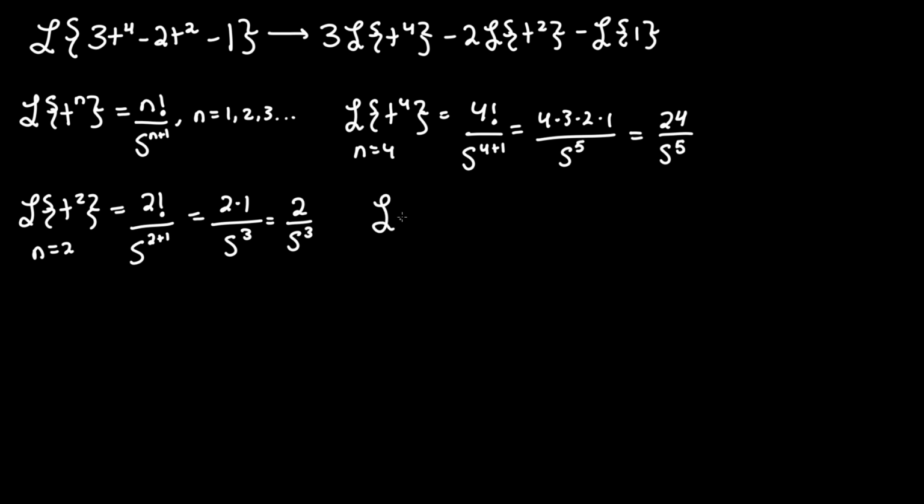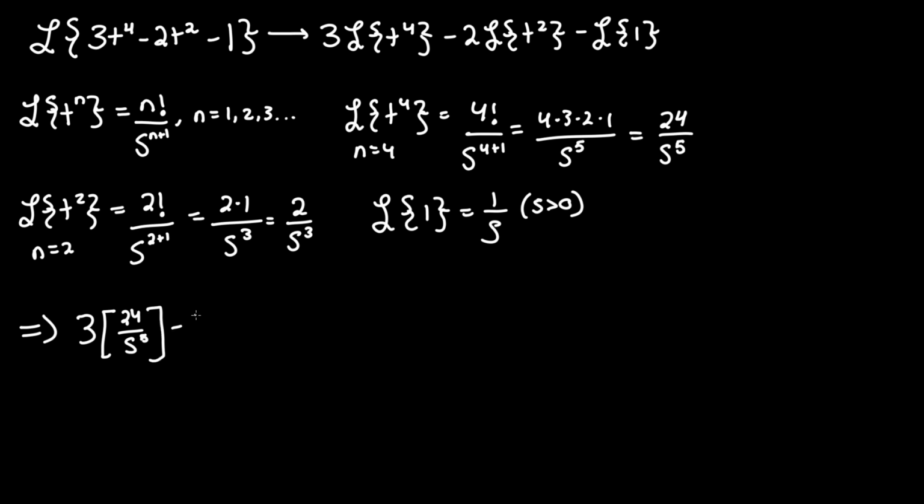And our last property is the basic Laplace transform of 1, and from our book, that's 1 over s, given that, of course, s is greater than 0. Now, plugging all of these terms in to our equation we have up here, we have 3 times our 24 over s to the fifth term minus 2 times 2 over s cubed